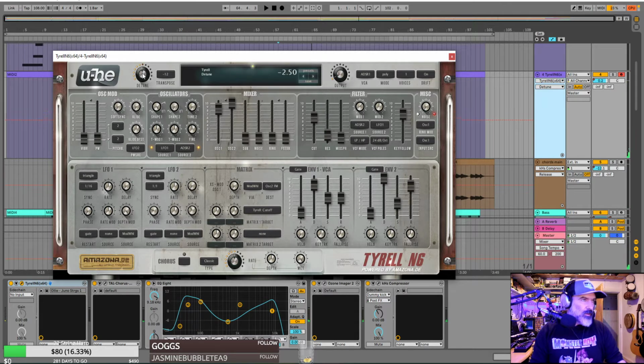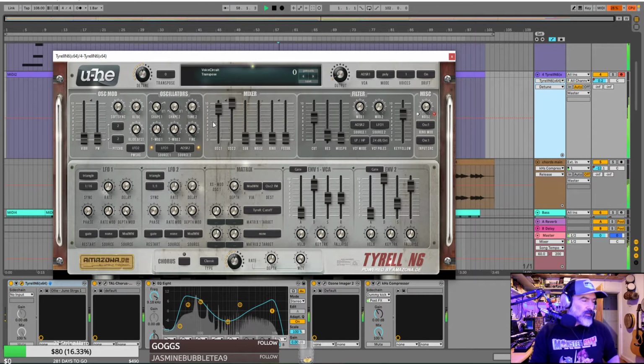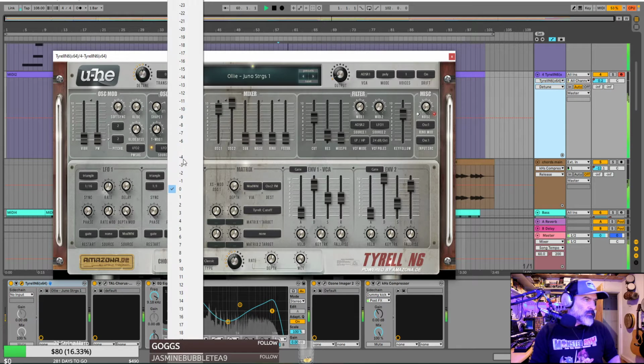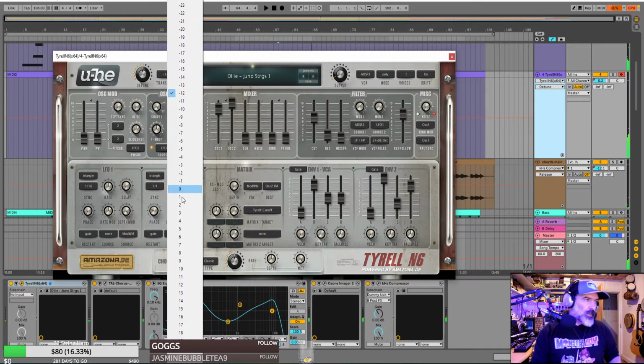Would we actually benefit by just having this an octave higher? Or, you know what, I think